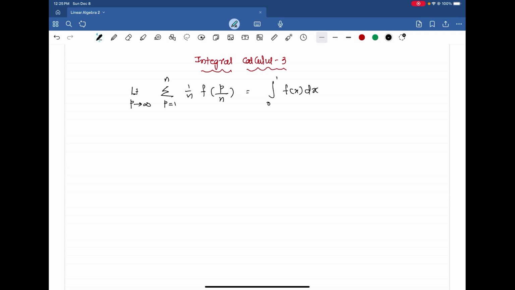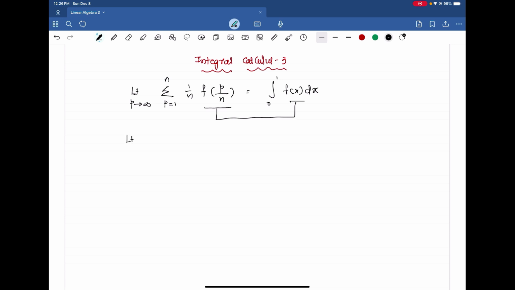In this formula, even though it looks a little bit complicated, let us break it. This function of p by n, we can relate to function of x. Then 1 by n, we can relate to dx, and sigma we can relate to integral, definite integral 0 to 1, and we can eliminate the limit. The left hand side meaning is